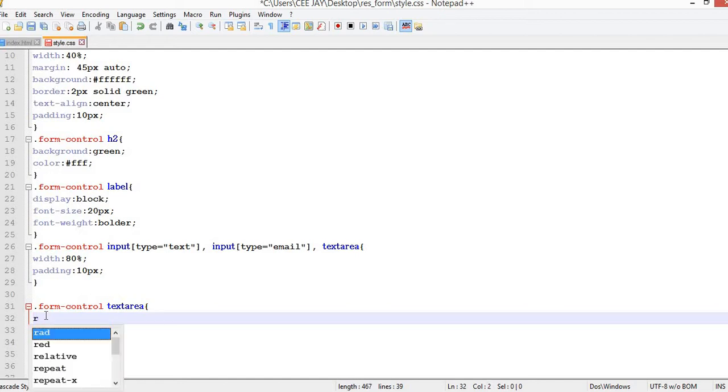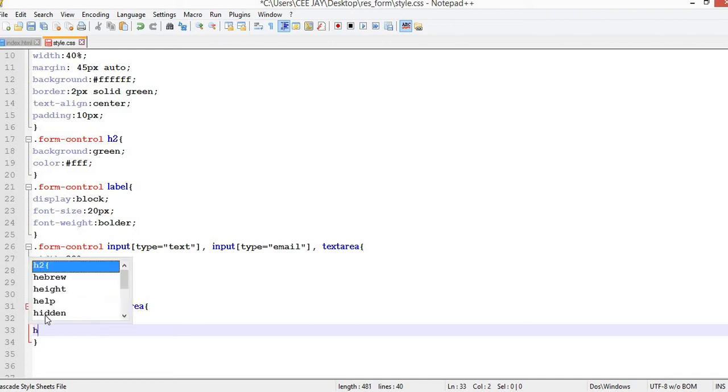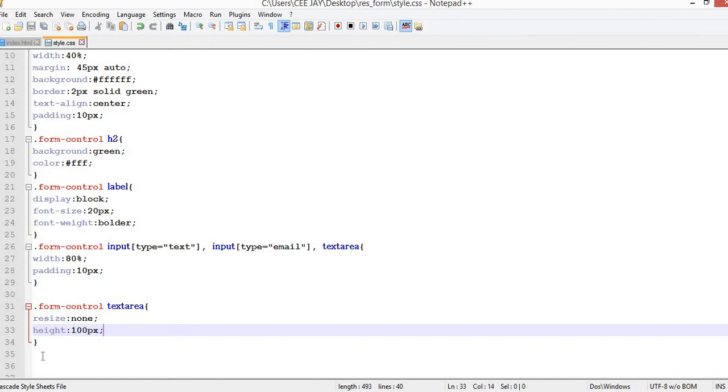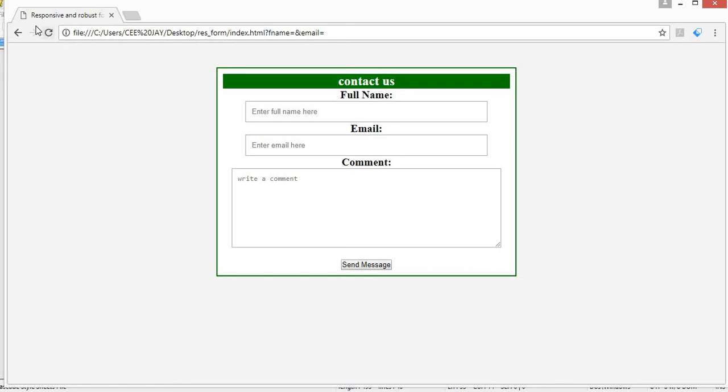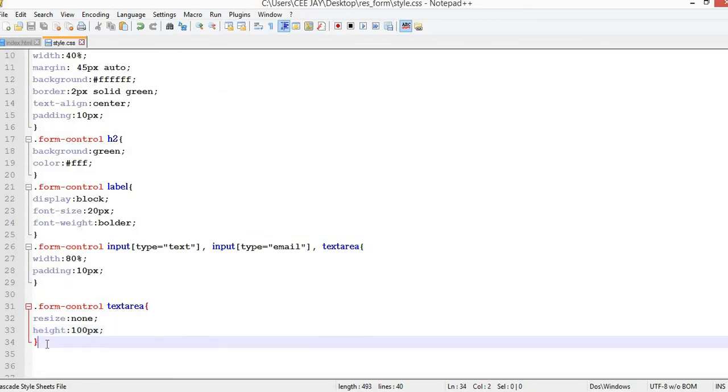And I will say resize, set resize to none, and I give it a height of 100 pixels. Ctrl S to save, refresh your page, and there we go. We no longer have that resize button right here, and then the height has been increased on its own. Alright,